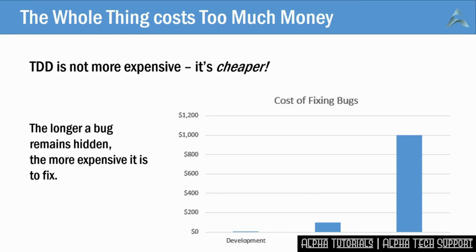But if you think of it, the logic is self-evident. If a developer finds a bug whilst writing the code, it takes mere seconds to fix and thus costs almost nothing. If the bug is not found till test, then the tester has to explain to the developer what's wrong. Then the fix gets transported back to test, back to development. It may not work. This cycle may go round 3 or 4 times. So fixing that bug costs 10 to 100 times more than if it was found in development initially.